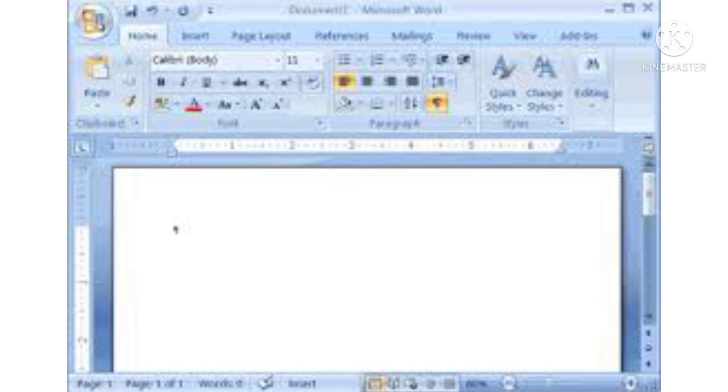Vertical scroll bar is used for shifting the screen display up or down. View buttons in the status bar like print layout, full screen, reading, web layout, outline and draft help in changing the view of the page. Work area is the area in the document window where you can type the text.